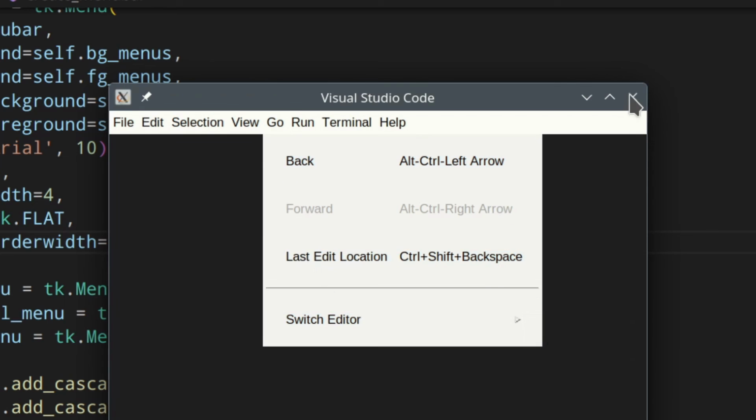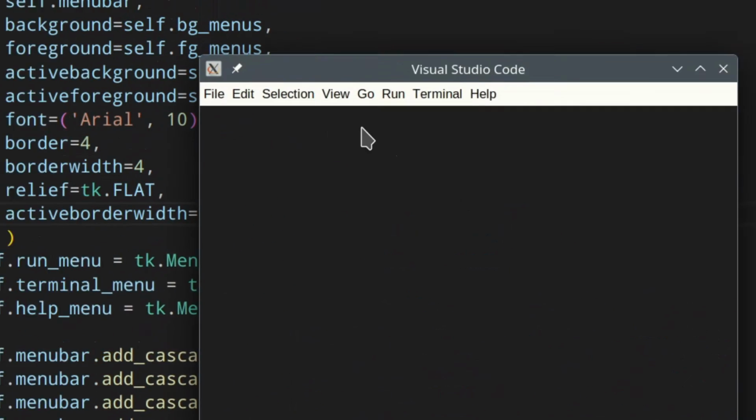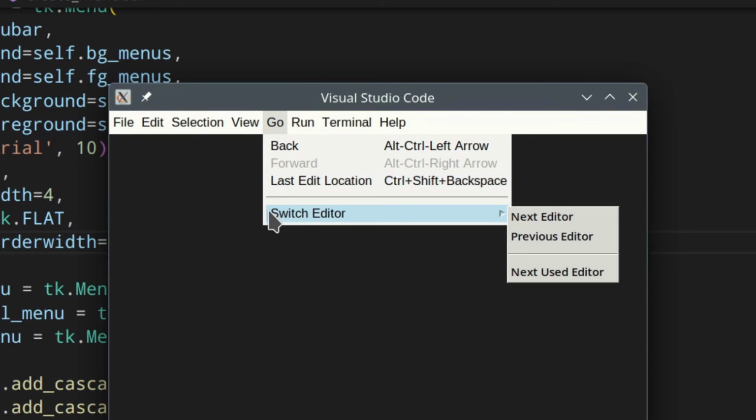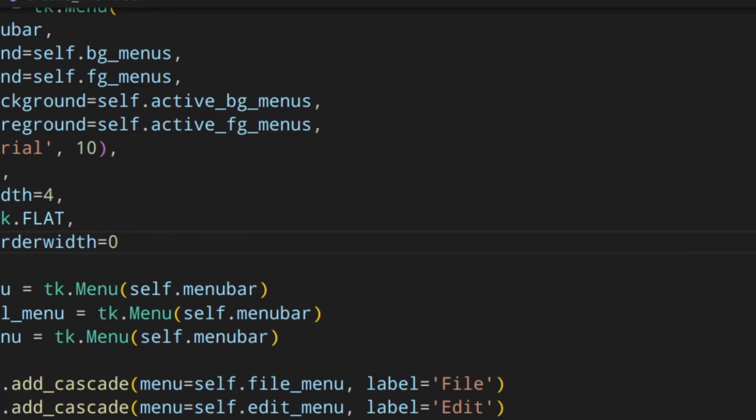So on Linux, that is going to be 0 for sure. As you can see now, you don't have that line around the buttons, and it looks so much better. On Windows though, the active border width works sort of like the border here on Linux. It creates a sort of padding around, and the cool thing is that the active background color covers the whole button.